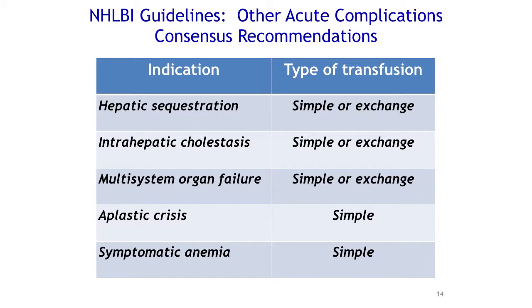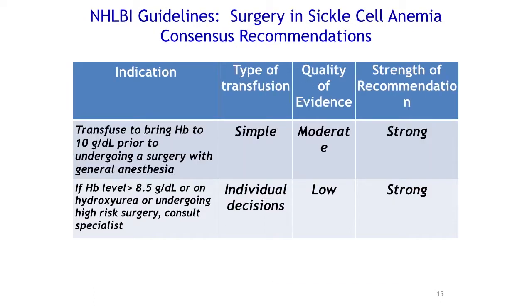So going to the indications in surgery, they suggest that the patients be transfused prior to the surgeries to at least 10 grams per deciliter, prior to any major surgeries that would warrant general anesthesia. And it would also need a well-trained anesthetist to administer this anesthesia,